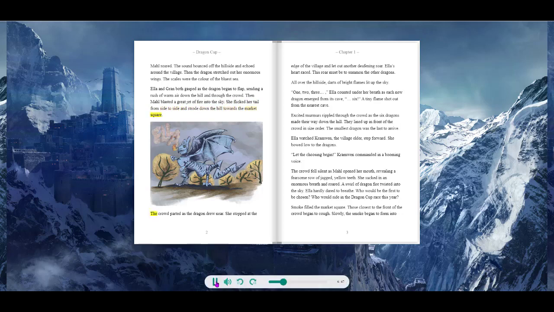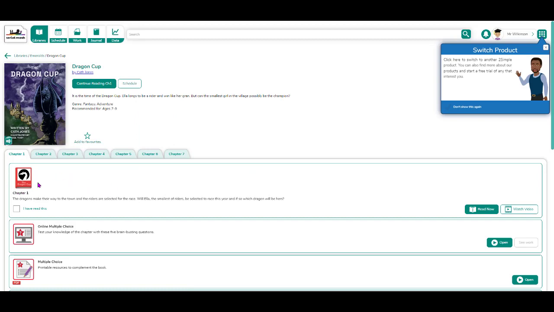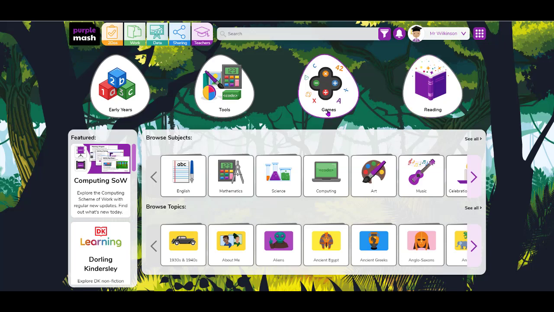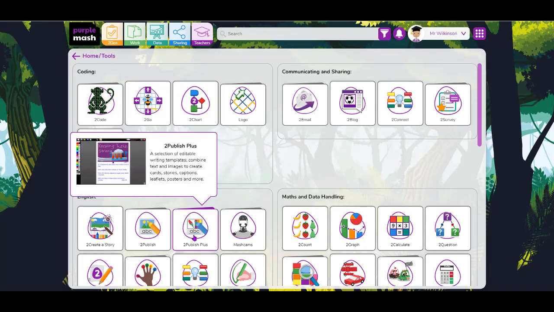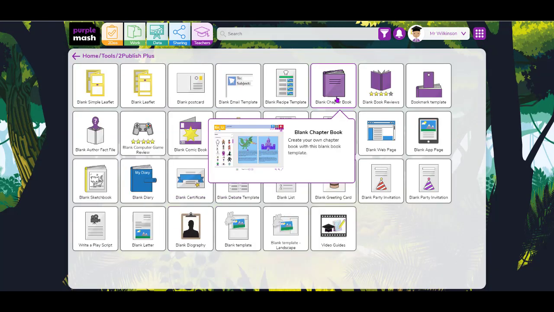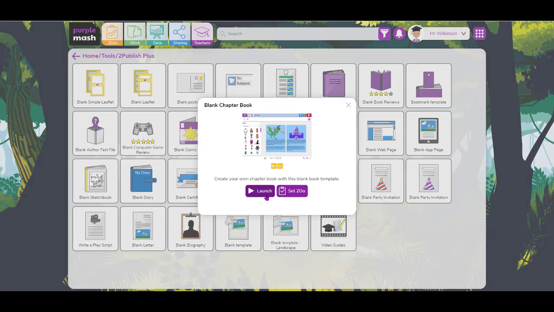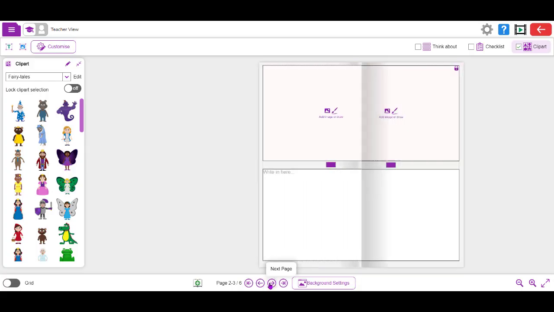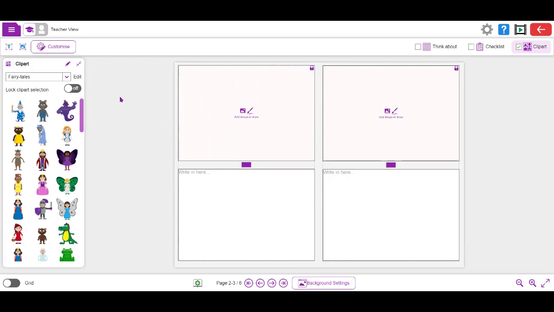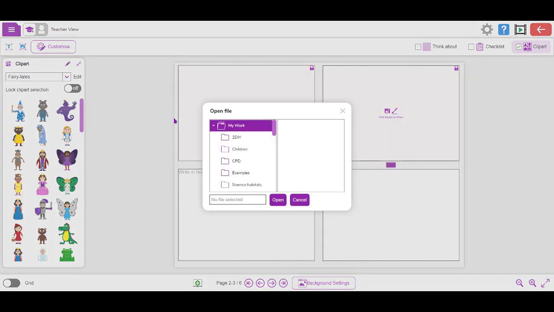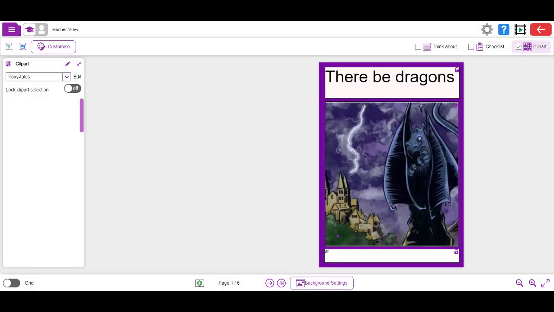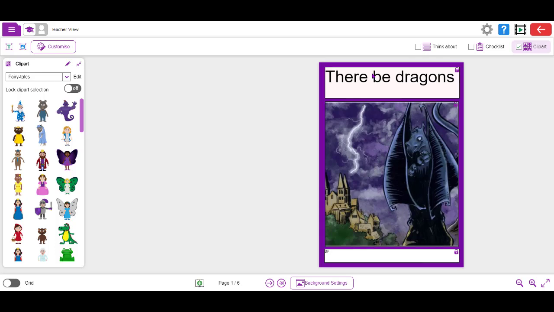So in this case, I've copied the first couple of paragraphs, and then what I've done here is I've put it into one of the writing tools. So if I click on tools here and go to publish plus, I've used the book template. So with my book I can create plenty of pages, I can add images. If I open one, here I could create my own book. So I've taken one of the pictures from the front,